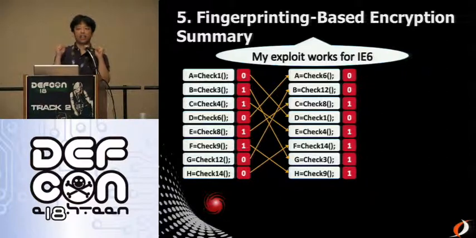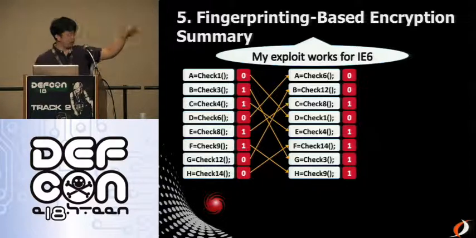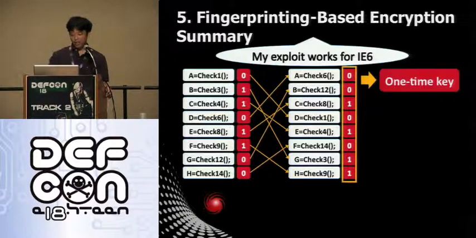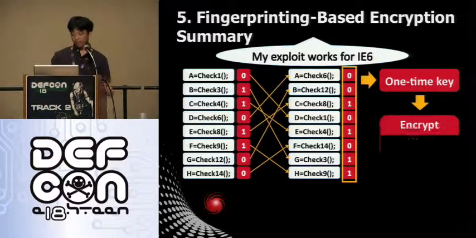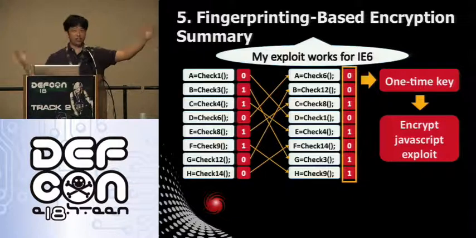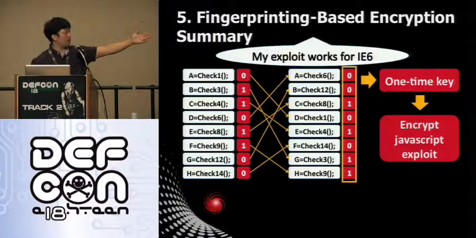So it's not like IE6 always has the same key, because of this randomization. And so we'll use this as the one-time key, and we'll use a server-side script, which in the case of Metasploit is in Ruby, to encrypt the JavaScript using